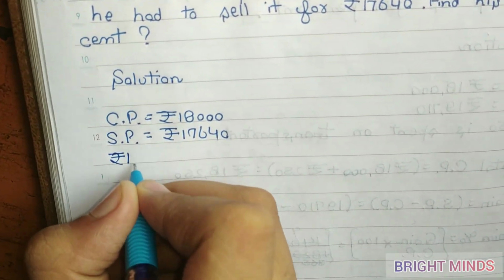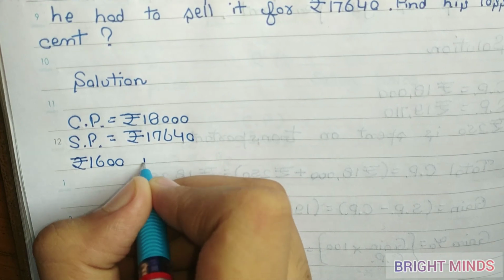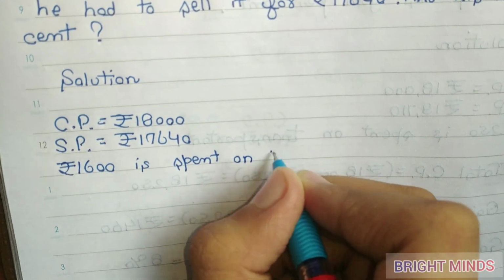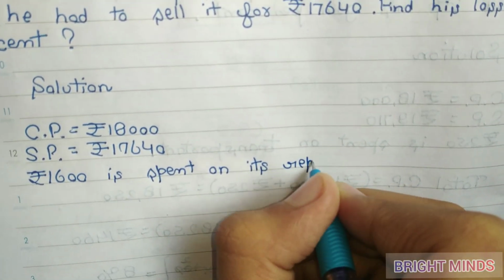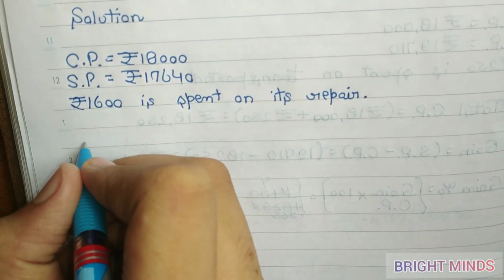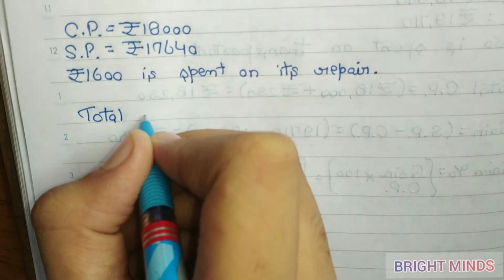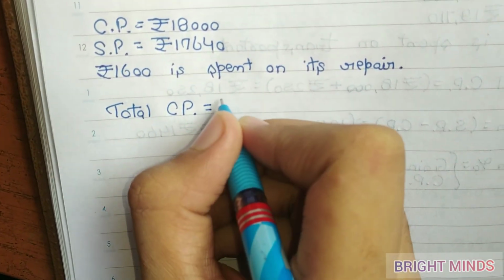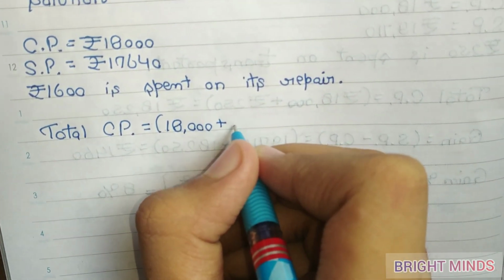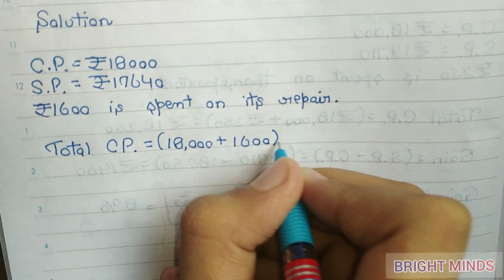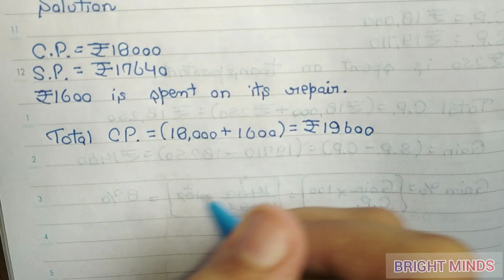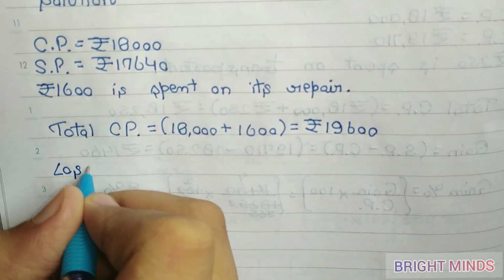Now rupees 1,600 is spent on its repair. Now our total CP is equal to rupees 18,000 plus rupees 1,600 is equal to rupees 19,600. Now loss is equal to